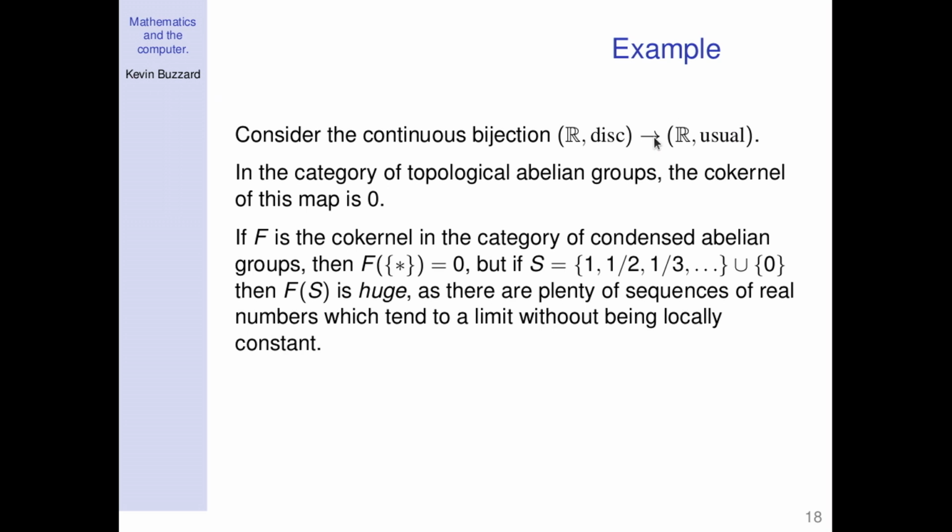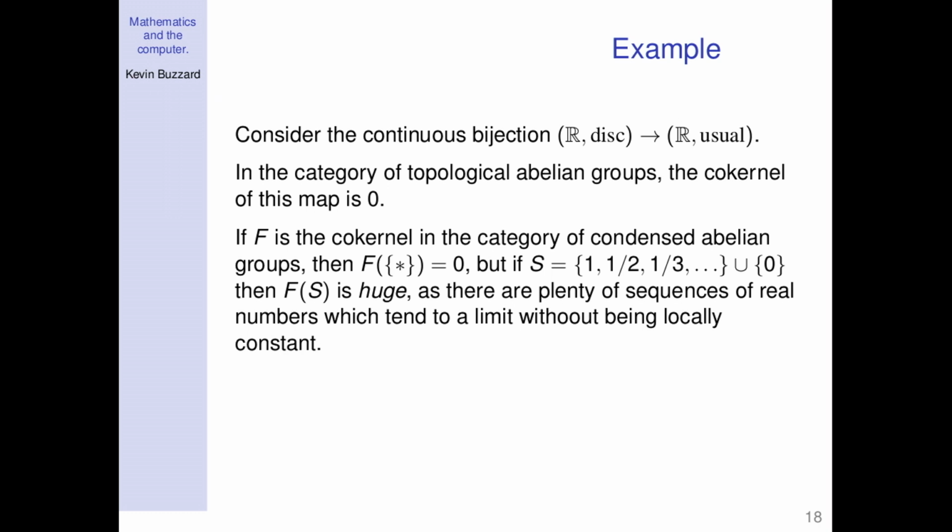And so the big question is, what are the continuous maps from this funny set S into these two topological spaces? The point is, for the reals with the usual topology, it's kind of clear. We've got 1 over n goes to xn, which is a real number, and then 0 goes to the limit of the xn. But for the reals with the discrete topology, when does a sequence converge? It has to be ultimately constant.